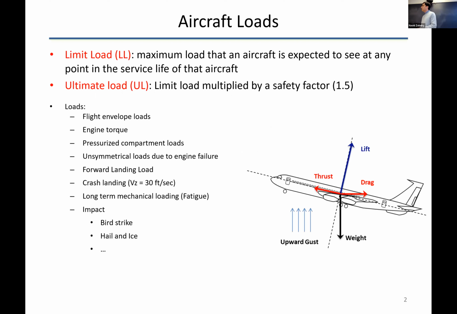So 2 definitions: limit load, ultimate load. If you look at all the loads that are applied on a structure, in this case an aircraft, I'm going to go over the types of load that we might get. The maximum load that the aircraft would see during its lifetime, we call it limit load, LL. That's how I'm going to show it. The maximum load, which is a combination of many loads that we're going to go over in a second, is called limit load. If you take that load multiplied by a safety factor, which is 1.5 for an aircraft, it's